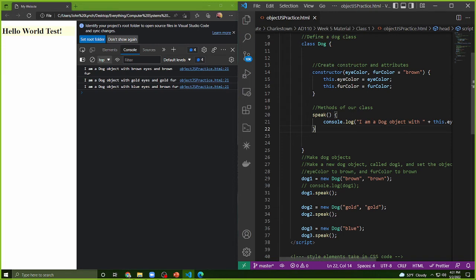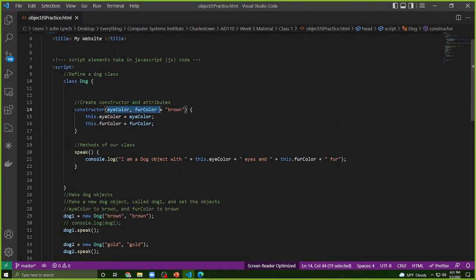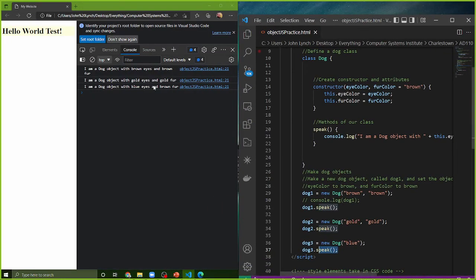So unfortunately, you can't have multiple constructors, but what's happening here is in Java's terms, if you say equals brown, like this one here, or equals 5, whatever you want it to be, if the user doesn't provide a parameter there, and you'll see down here that I only provided one parameter for blue, what it will say is the user didn't put anything in, I'm going to default this to be brown. So once that's defaulted to brown, you'll see down here that when I speak, it's actually setting it to brown